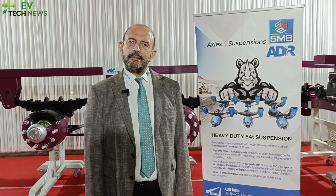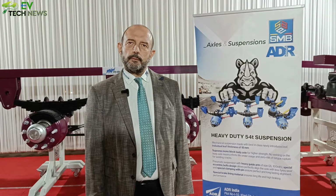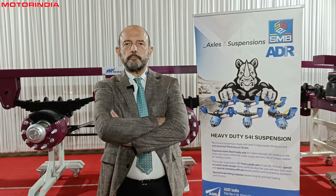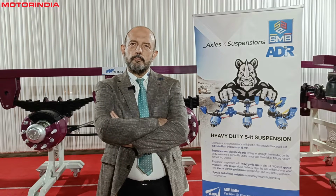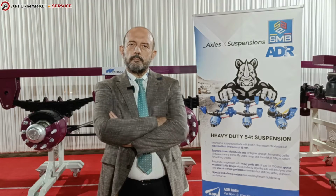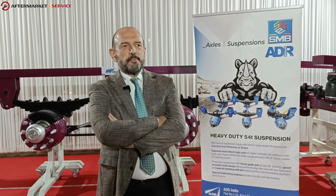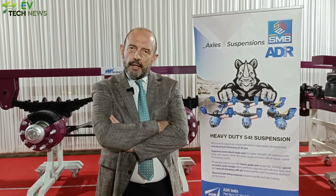How do you see the tipper trailer segment shaping up in Chhattisgarh? Since we also saw the presentation, a lot of customized flexibility has been involved in making this product for the Indian roads. A few words on the localization and the design that has gone into making this according to the Indian roads. Yeah, actually this kind of requirement is very specific and common to all the trailer manufacturers here